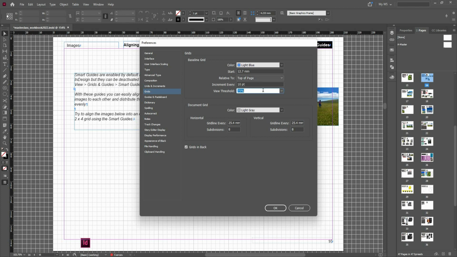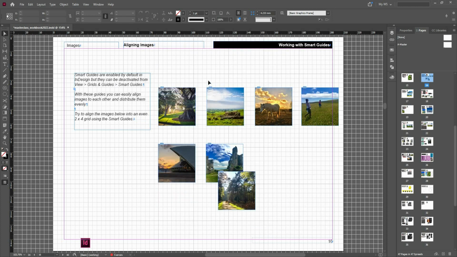Relative to the top of the page, you can also change the color of the grid. Now if I click OK, it will change to a 10 points increment, and I can work more precisely and have more options for alignments for every object. The grid is of course consistent throughout the whole document, and don't forget, if you want a grid setting to stay consistent for every new document, make sure you change this preference when there is no document open